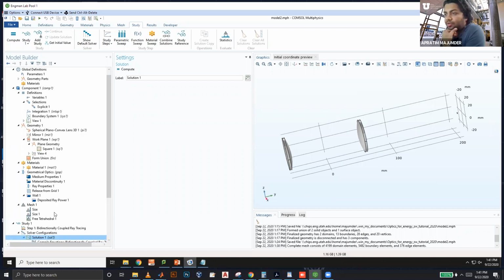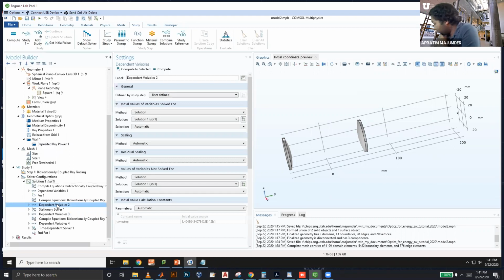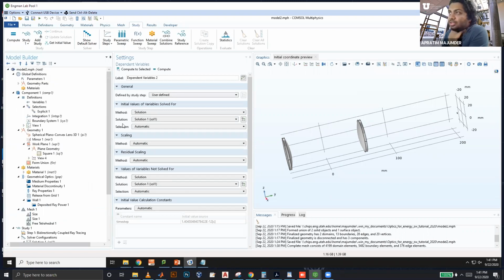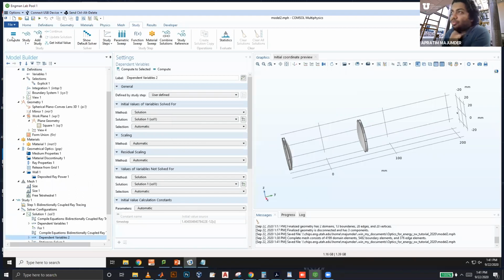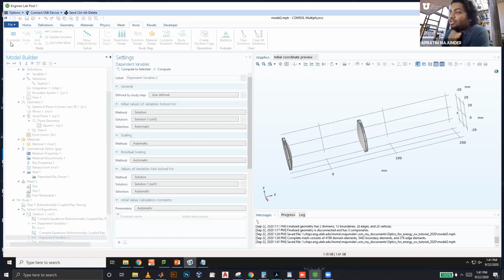So over here, we are going to go into dependent variables. And it looks okay. I don't think we have to change anything over here. Yeah, I think this is fine. I think it's supposed to run properly and trace the rays. I'm just going to save it now, and maybe in the interest of time, compute and see what I get. Usually there's a couple of errors sometimes, and we have to fix it, but